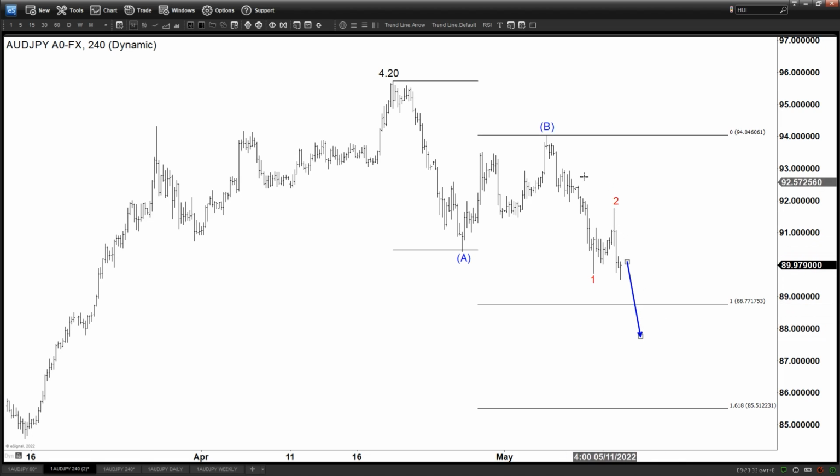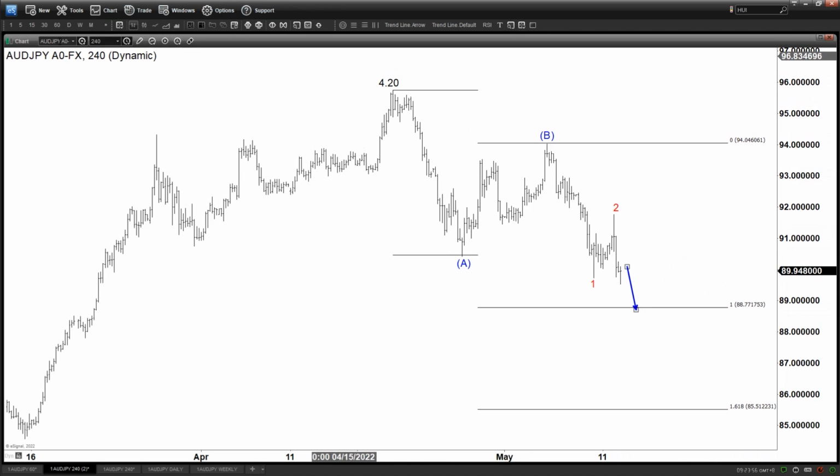So that means because we still got this lower low here, most likely it's not going to end just at 88.7, even though if you take the minimum, the minimum is still lower than where we are. If you want to be ultra conservative, just take the minimum, then 88.7 is the minimum target on the downside. Now if you take a look at other yen pairs, doing some sort of correlation,